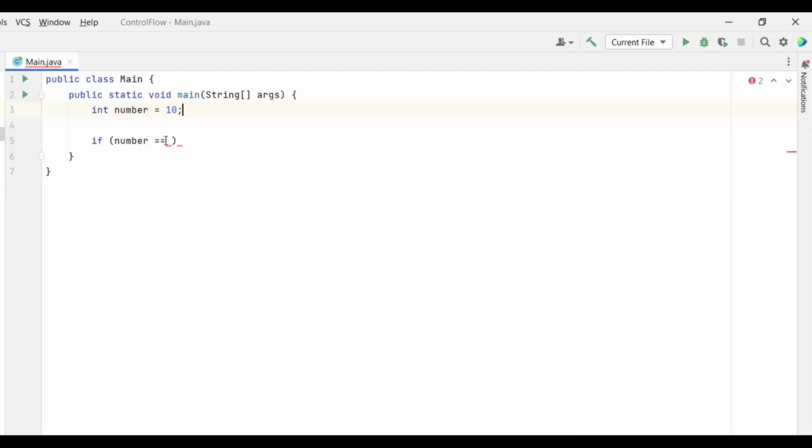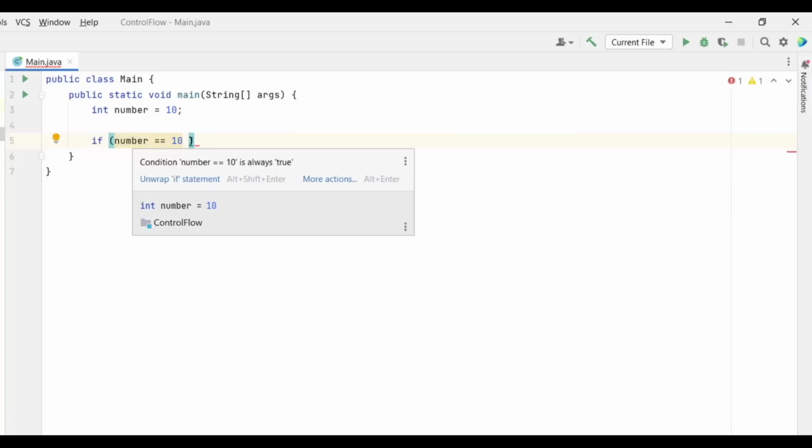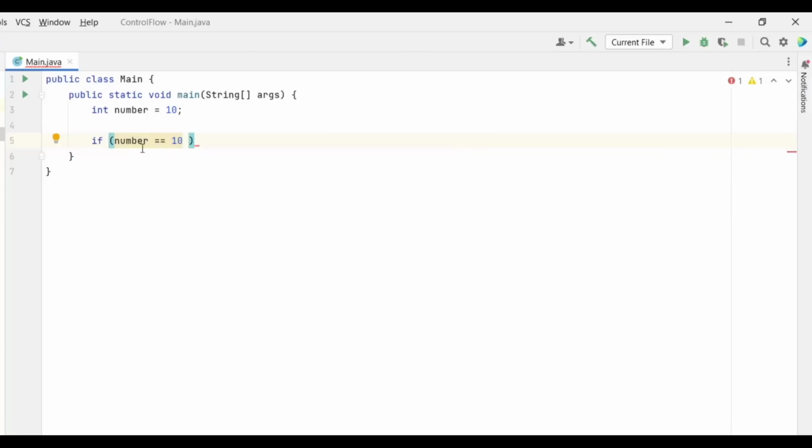And this is called the equal to operator. Let's say 10. What this equal to operator is doing is checking if the content on the left is the same as the content on the right. So it's checking to see if this is equal to this.